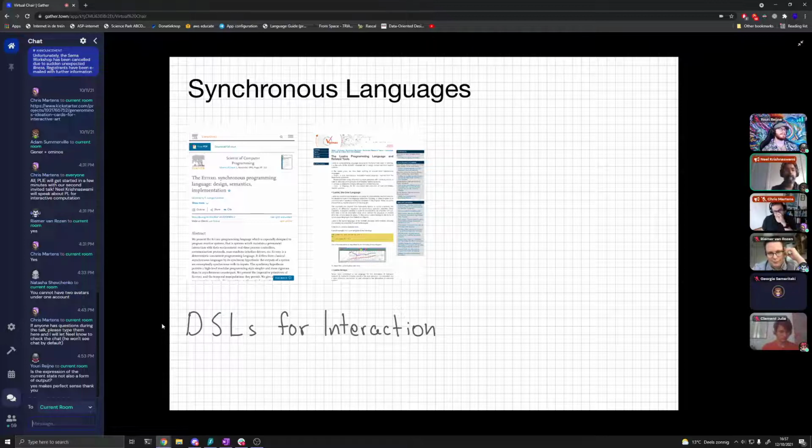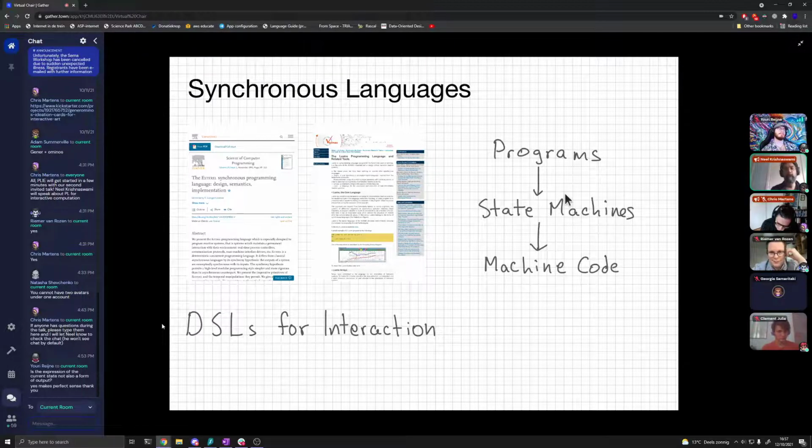Two of the most famous ones were Esterel and Lustre. What both of these languages do is give you a DSL for specifying a finite state automaton, which accepts inputs and produces outputs. So the idea is that you write your program in Esterel or Lustre. I'm being ambivalent between these two because the designers of those two languages actually overlapped, and the tool that they built has two front ends, one which accepts Esterel and one which accepts Lustre.